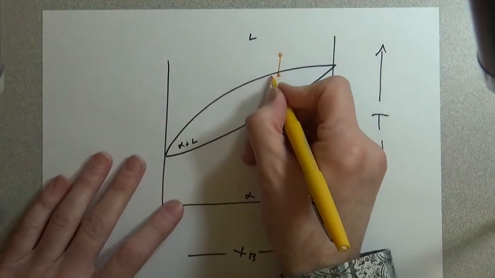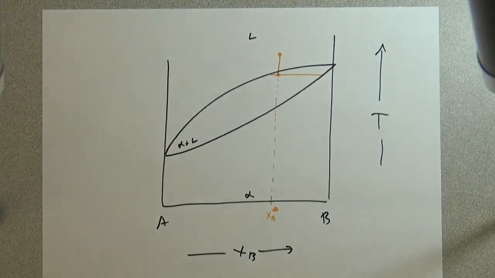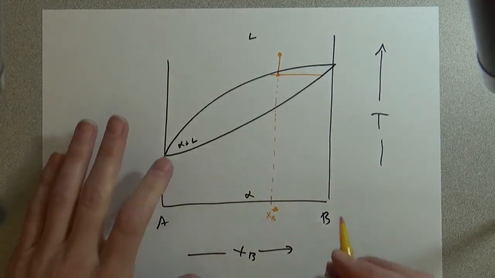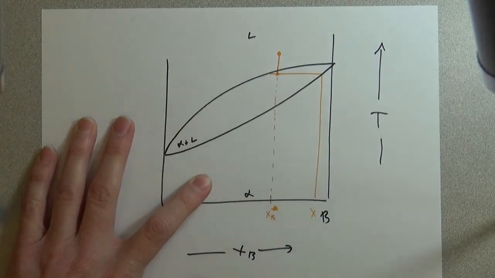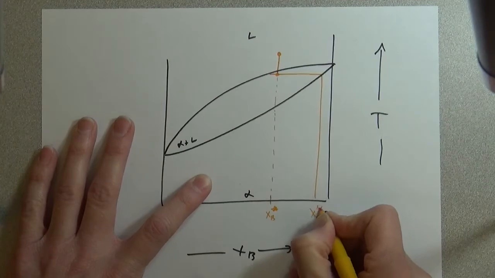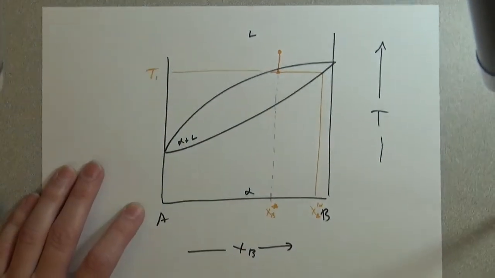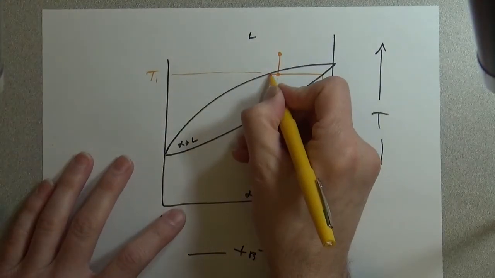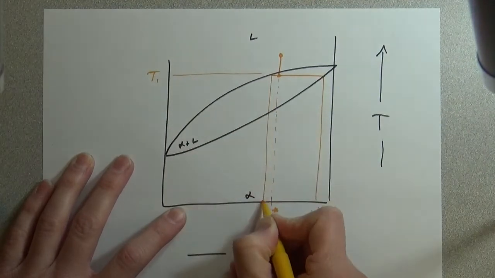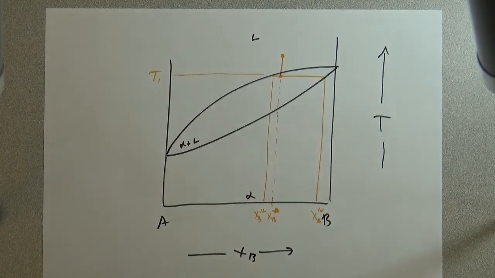we can draw our tie line like this, and we know the composition of the solid that forms, and that is going to be here, XB1 alpha, because we're going to call this temperature T1. And the composition of the liquid then is here, XB1L. So at this point, the microstructure